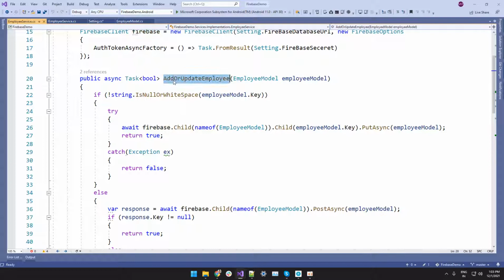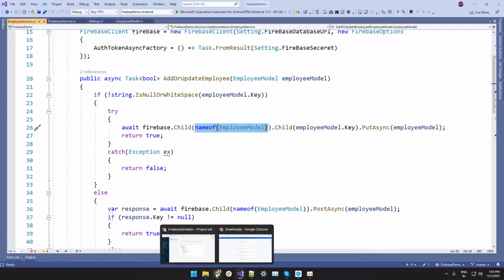So here is the first method, the add or update employee method. This is going to take an employee object. Here I am checking one thing: if the employee model key is not empty, that means we are going to update the record. While updating a record, I am using Firebase, and the child will be the Firebase table name.